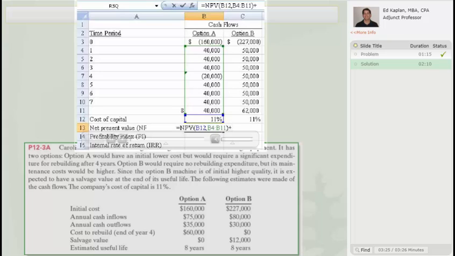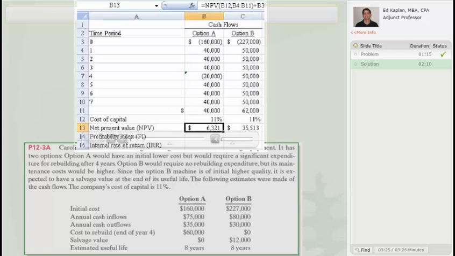So we add in that negative amount, and I've shown the cash flow as a negative, and that gives us a net present value of $6,321. Now all we need to do is copy that formula over to B, and we have the exact same information. Okay? And B is obviously a much higher net present value with